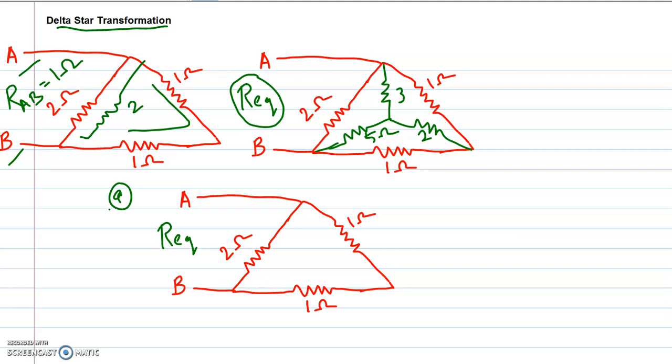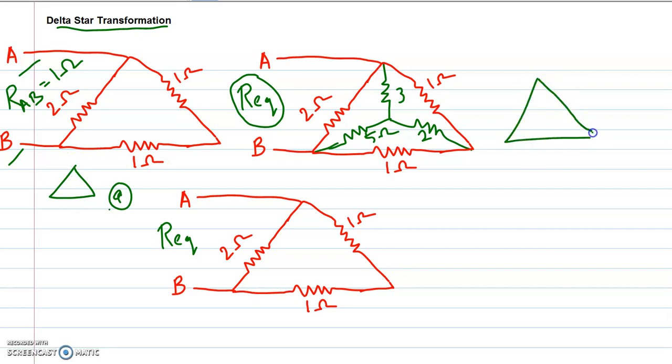Just imagine that we already have a delta connected system. This looks like a delta. And inside this delta, there is a star formed, which made the system more complex when finding the equivalent resistance. So you have a delta, and within that another star network. Is it possible to convert the inside star network to a delta form, which will help in analyzing that system?